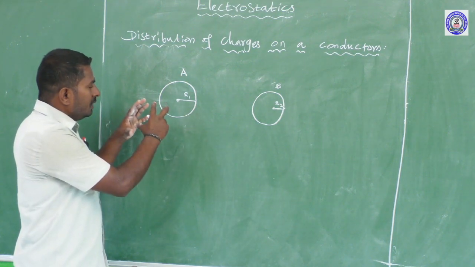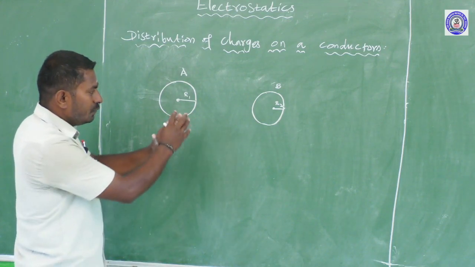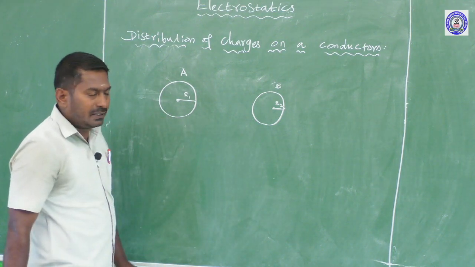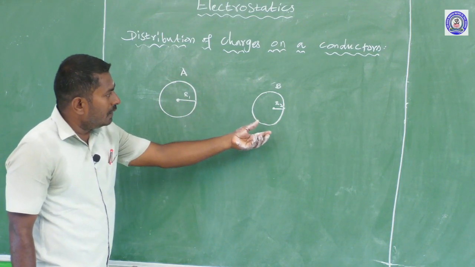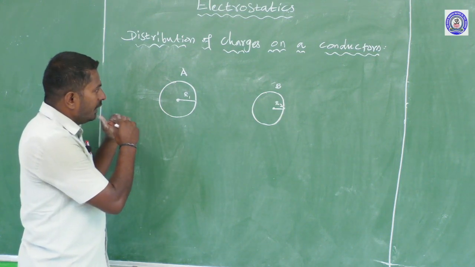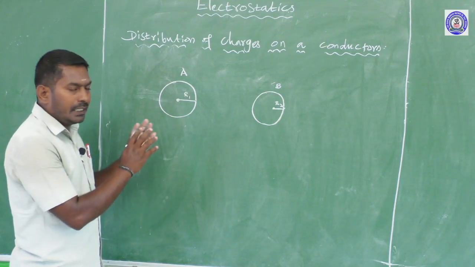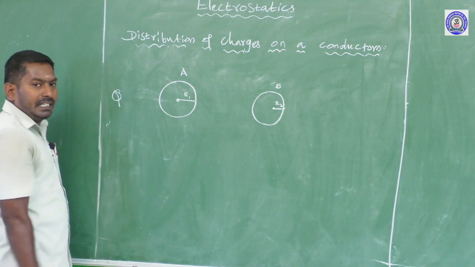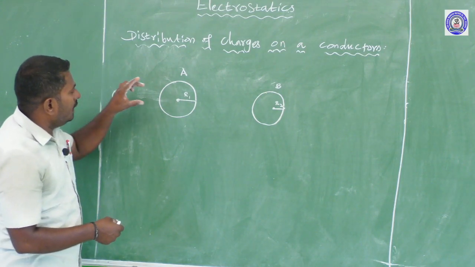Initially, both the metallic spheres are not connected by a thin piece of conducting wire; they are well separated from each other. Both the metallic spheres are not physically in contact with each other. The A metallic sphere is neutral and the B metallic sphere is also neutral, because I am not giving any quantity of electric charge to the A sphere and also the B sphere. Initially, both the metallic spheres are neutral. Now I am taking Q quantity of electric charge. The Q quantity of electric charge is given to the A sphere.